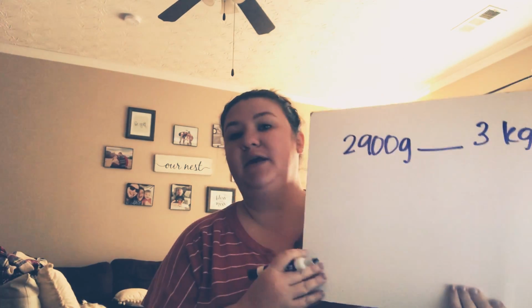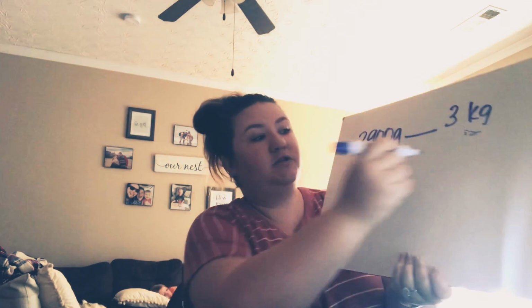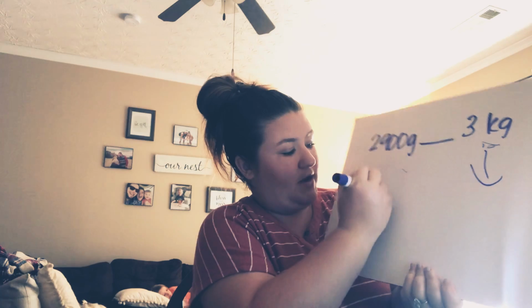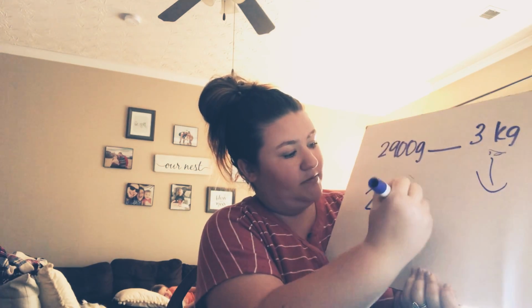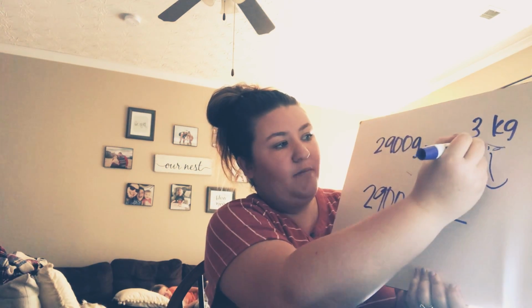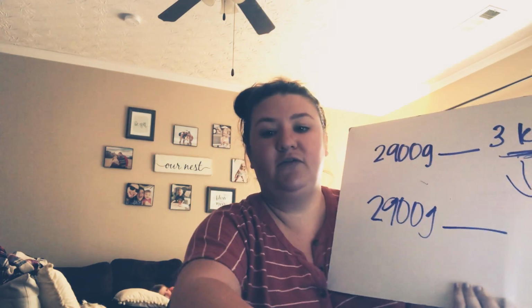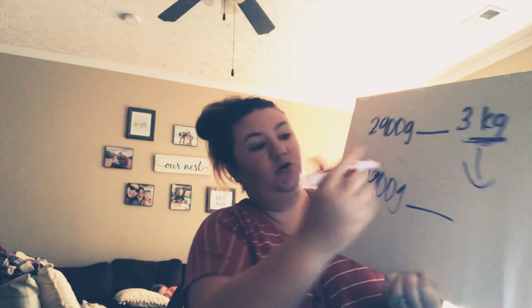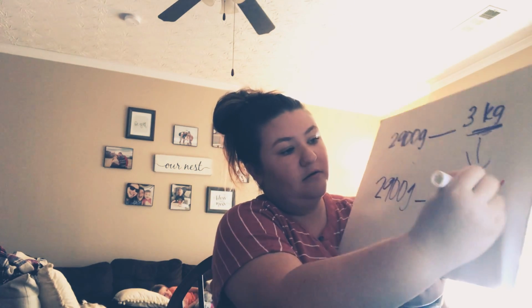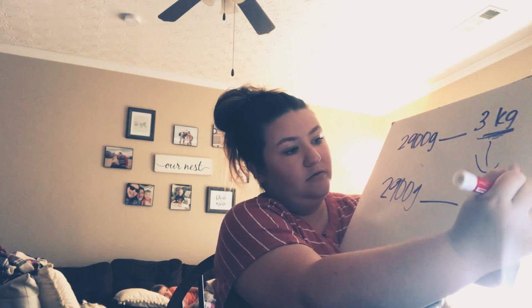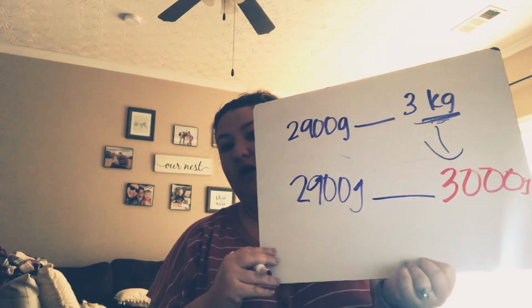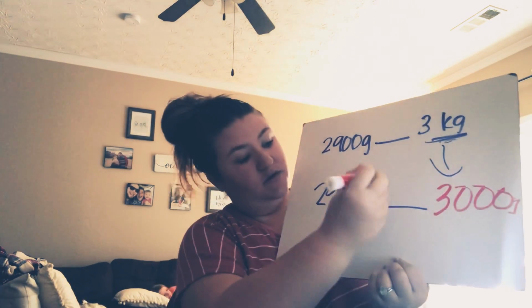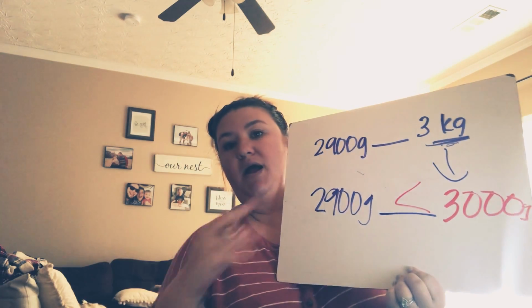So when you see something like this, you know that we should automatically take this and change it into grams. So we're going to drop this down. We're going to go ahead and write 2,900 grams with a blank here, and we're going to drop this down here, and we're going to convert it. And we know that we're adding 3 zeros, right? That's the easiest way to do it. So which one's bigger? This one. So we know that the alligator is going to eat this one, right? Now let's do one more,